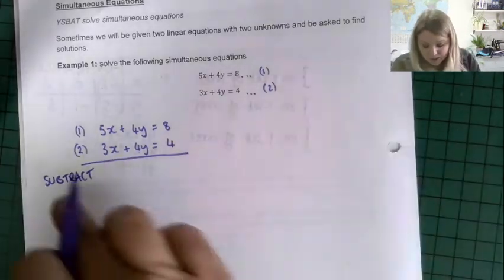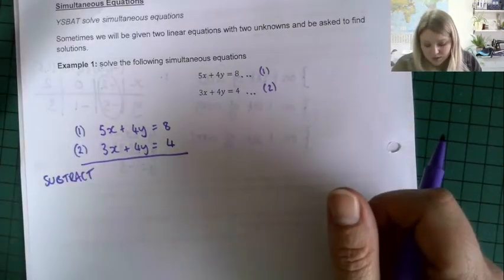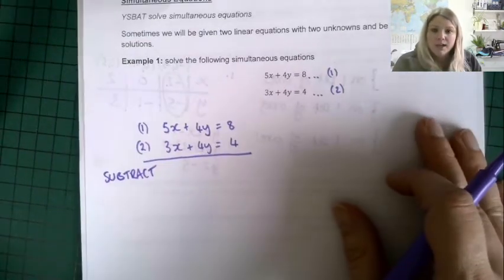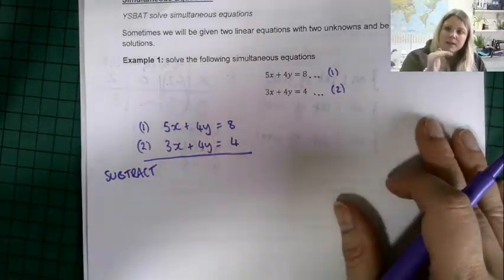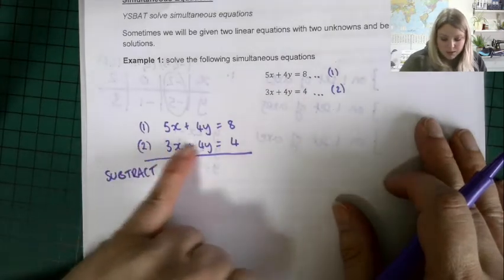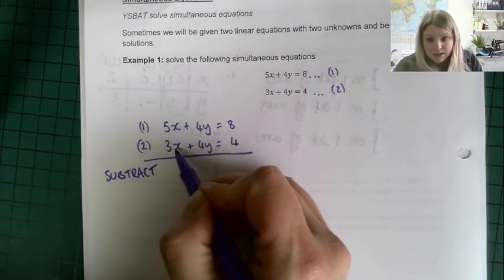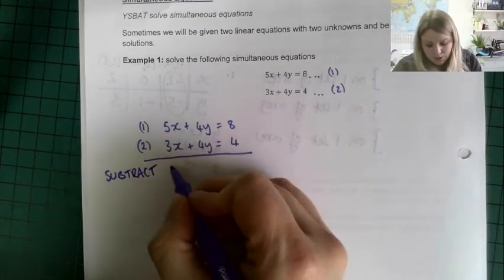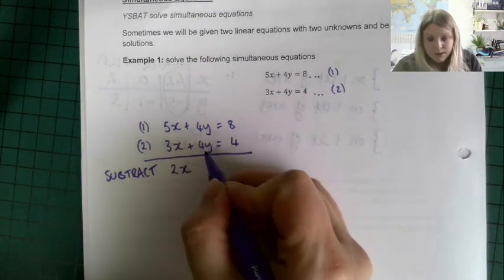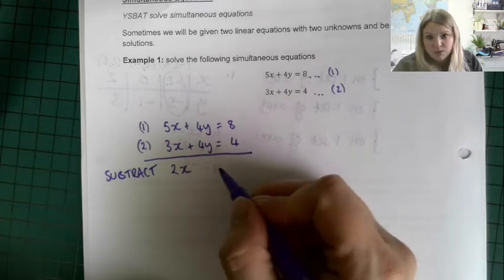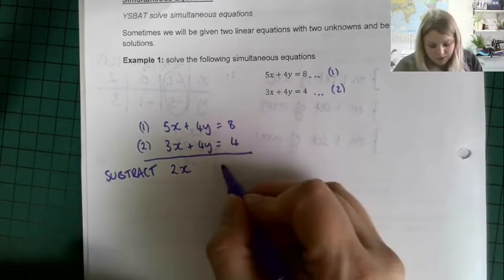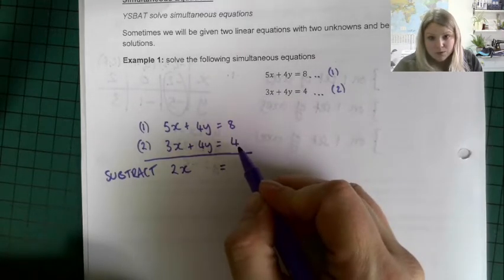So if we have it written there, then all we have to do is glance over. Now, be super careful that you're always consistent. So I always take the bottom equation away from the top equation. So 5x take away 3x gives me 2x. 4y take away 4y gives me 0y, so I don't write anything there, equals, and then 8 take away 4